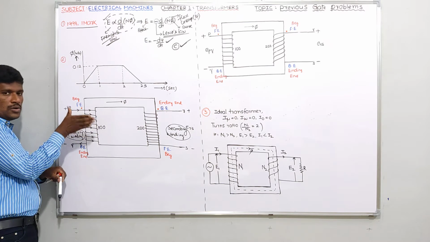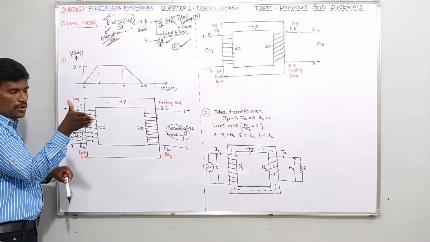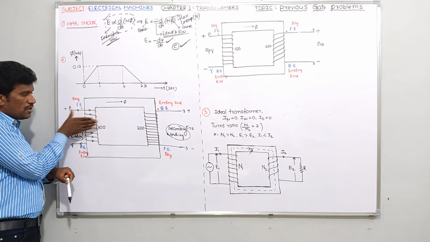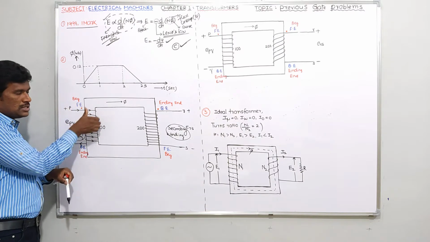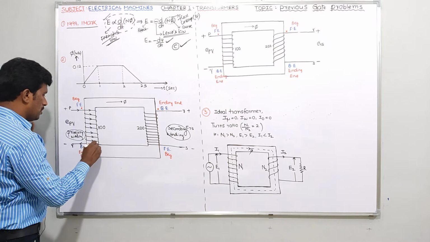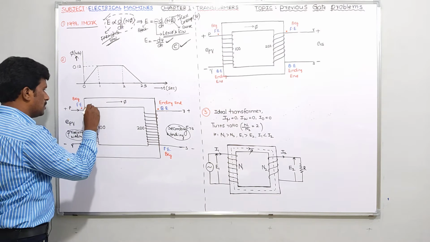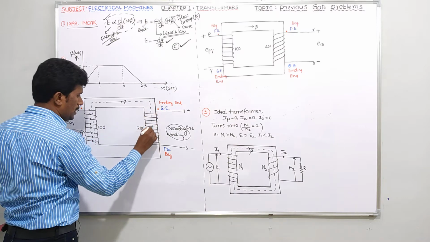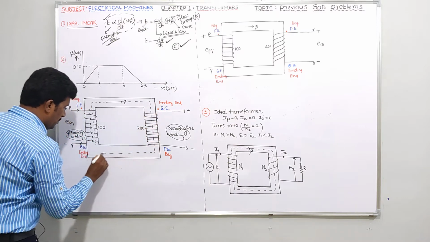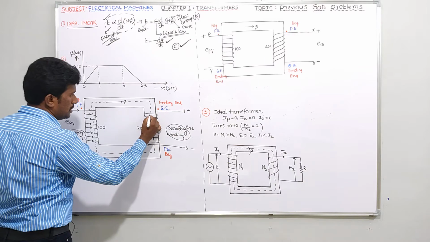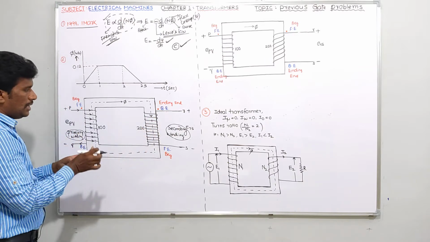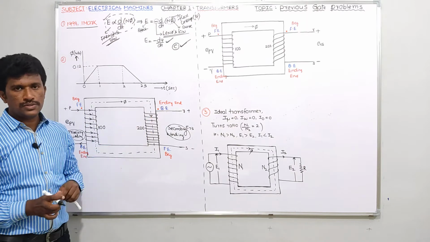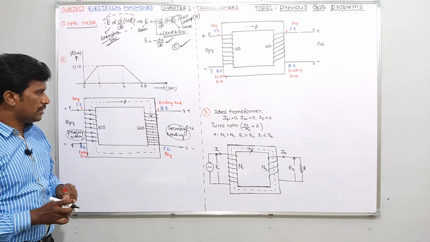If you hold your right hand like this, the wrapped fingers indicate the direction of current. It is entering at the front end, so we show it like this. So flux will be upwards. Yes, this is the only thing he has given in the question. So here it is downwards. Our main focus is in this region only. So tell me, ultimately in the secondary winding, what is the direction of flux phi? It is downwards. The direction of flux is downwards. Okay, right, very good.